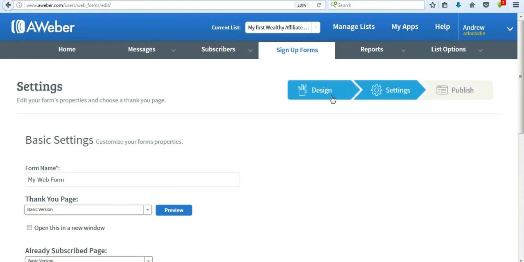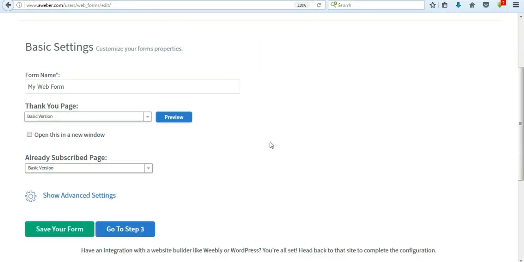In step 2, you want to add the name of the web form. We're going to call it my first worthy affiliate. Let's just call it web form. Then on the thank you page, so after people submit their email to you, the thank you page